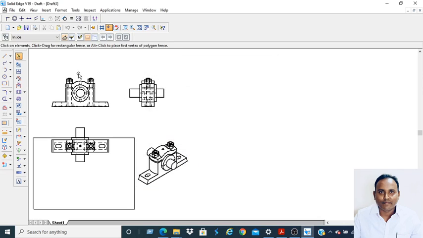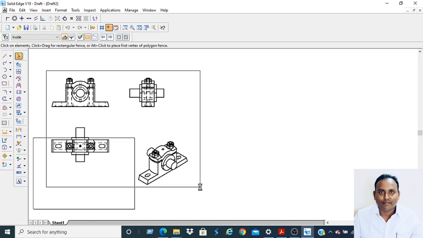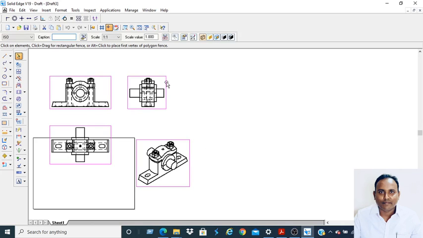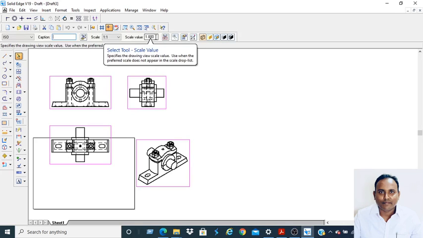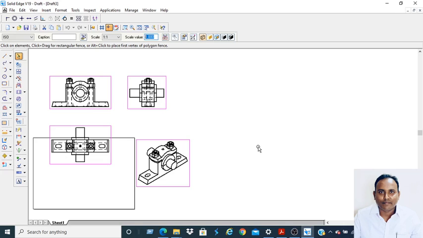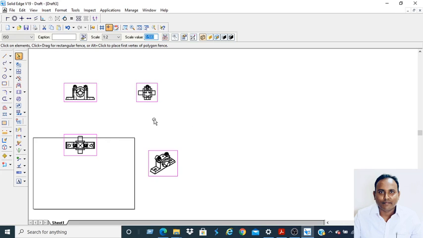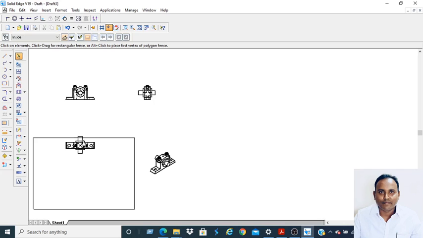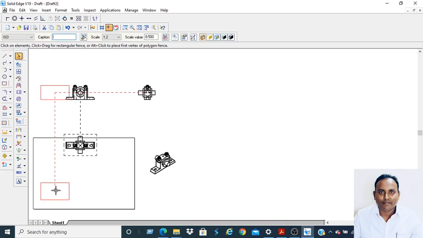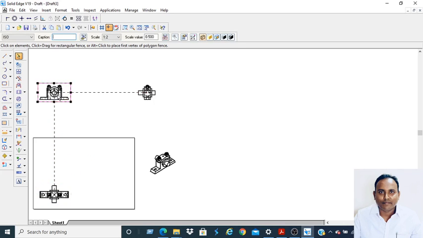Now fit the views to A4 size sheet. You can scale the drawing. Now it is 1:1, so you can select 0.5, enter. Okay, select this one, because here views are interlinked.